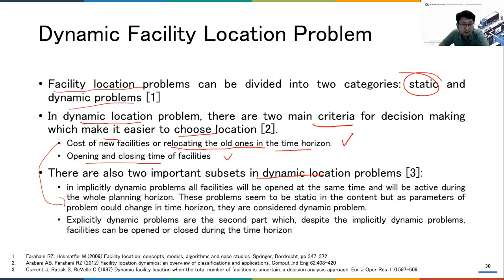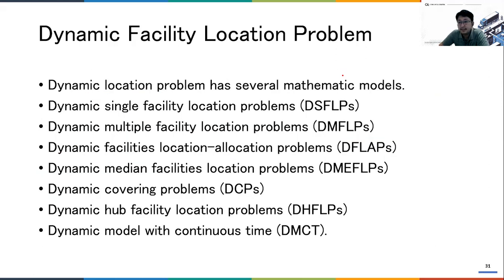For dynamic facility locations, one of the important considerations related to this decision is, if it is about relocating, how do you dynamically assign a new facility at different time horizons? This will be considered as a dynamic facility location problem, and we have a lot of types like this. Whether you want to assign a single facility location like the previous one, or multiple facility location, or location-allocation problems, all of those previous versions that we discussed have a dynamic version of it.